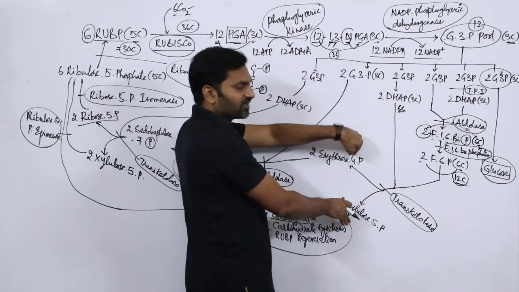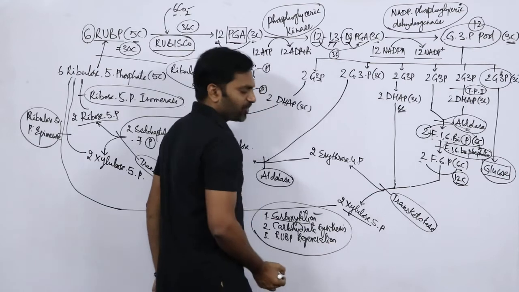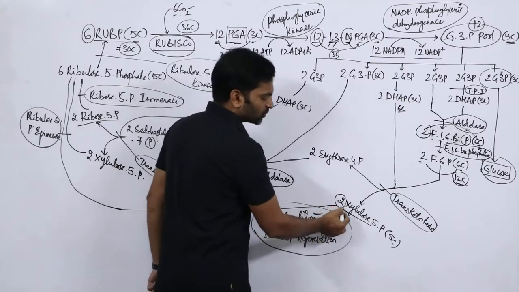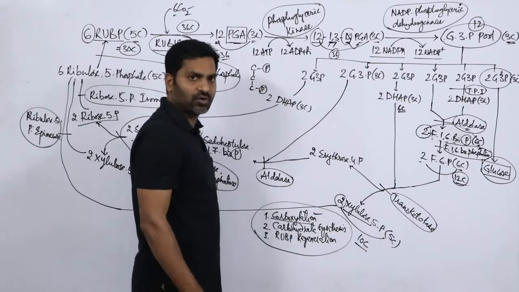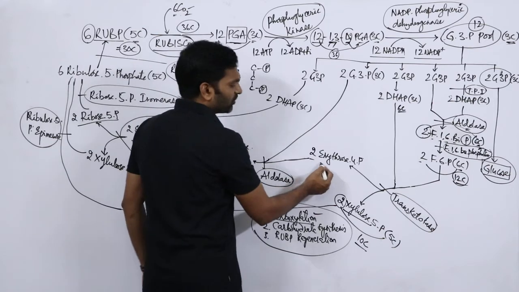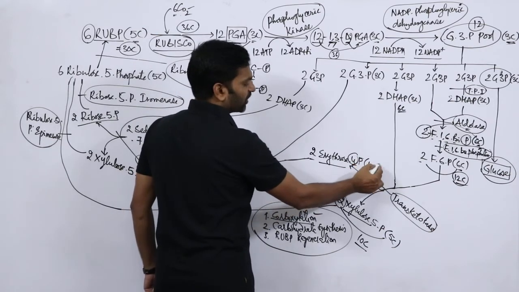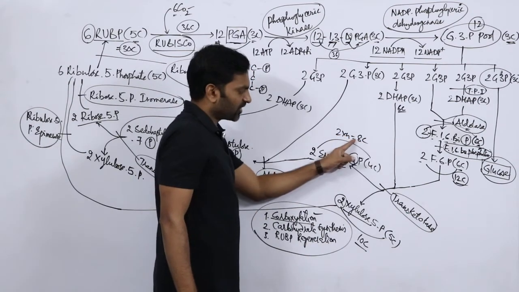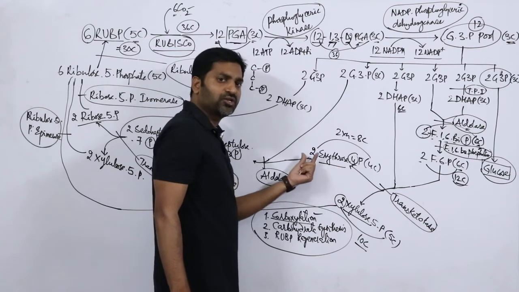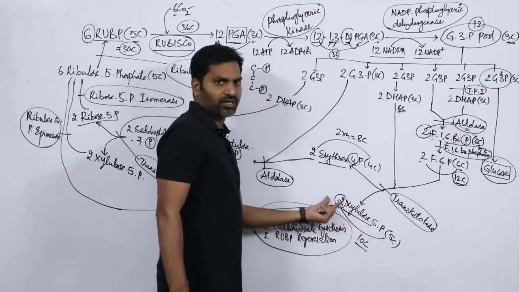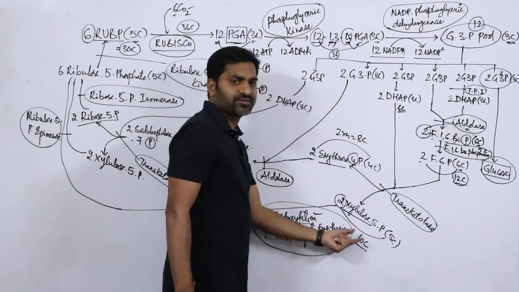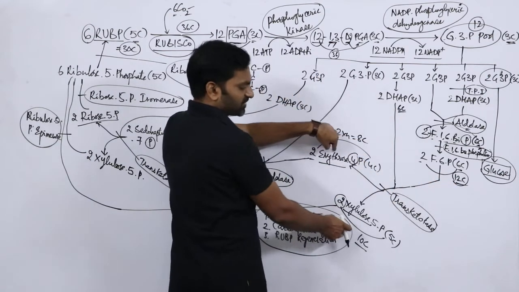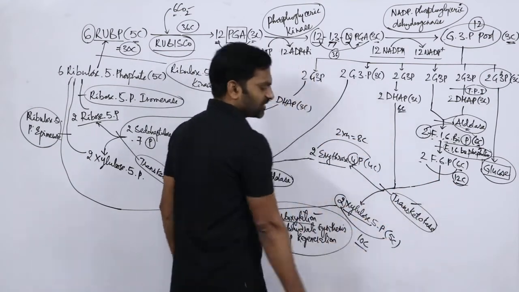into 2 other compounds. One is xylulose 5-phosphate. So 5 indicates what? 5 carbons. How many moles? 2. So 2 into 5, 10 carbons. Now, 2 molecules of erythrose 4-phosphate. 4 indicates 4 carbons. Now 2 into 4 is equal to 8 carbons. So 8 carbons, that is a 4 carbon compound, 2 molecules, and a 5 carbon compound, 2 molecules. 8 plus 10 gives 18. Okay, 12 plus 6, 18. This happens in the presence of what?